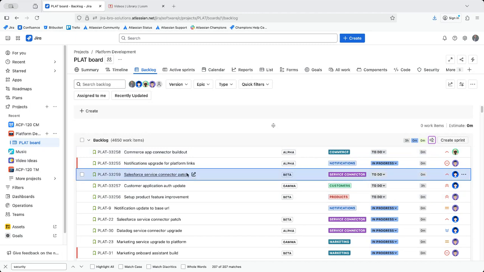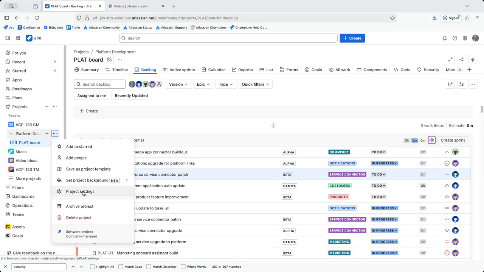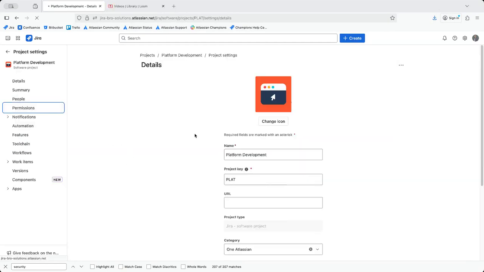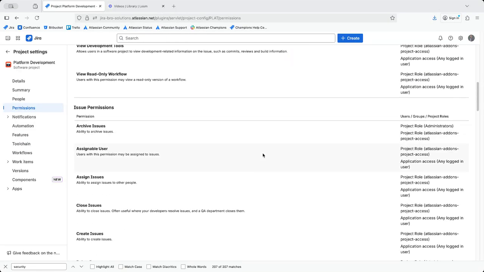But what if you run into an error that is basically saying that you cannot do something like that? You cannot move this issue, for example, to be above this one. So that is why you're lacking two permissions in here. So the first permission that you're lacking is the